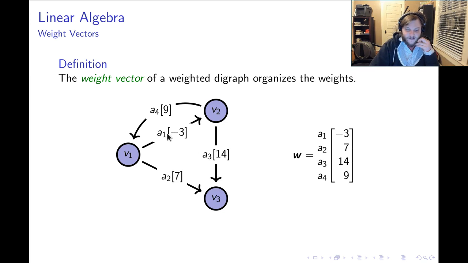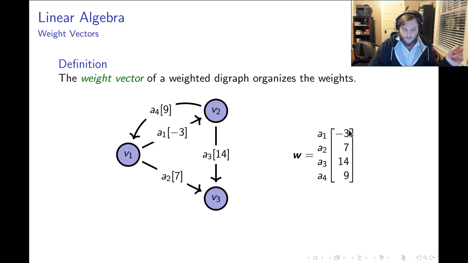The first arrow is equipped with the weight -3, the second arrow with the weight 7, the third arrow with the weight 14, and the fourth arrow with the weight 9. To construct the weight vector, we initialize a vector whose number of entries is the same as the number of arrows,